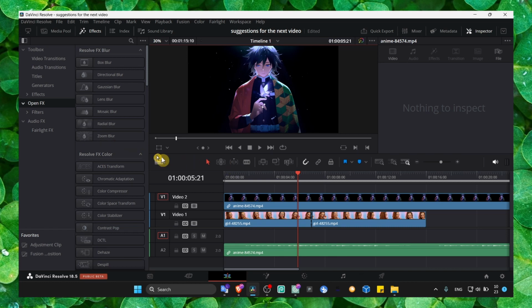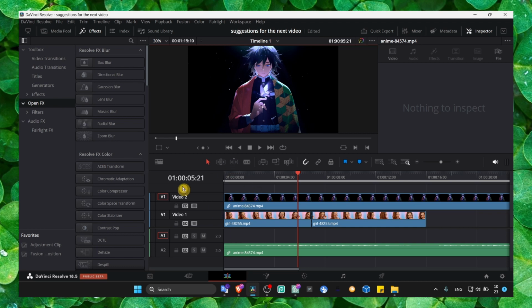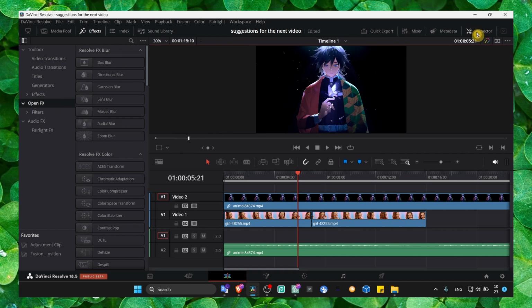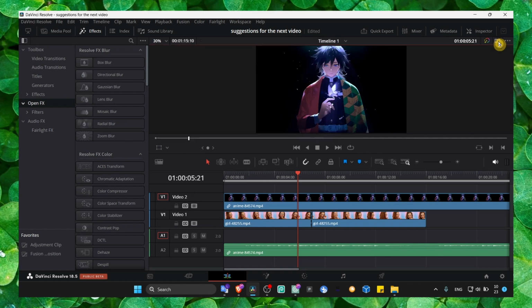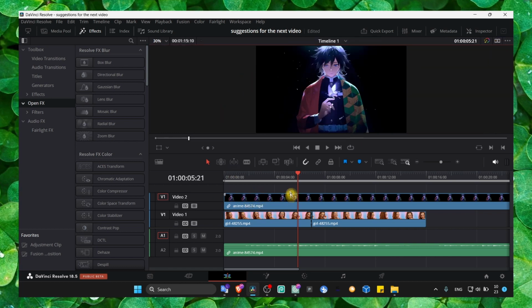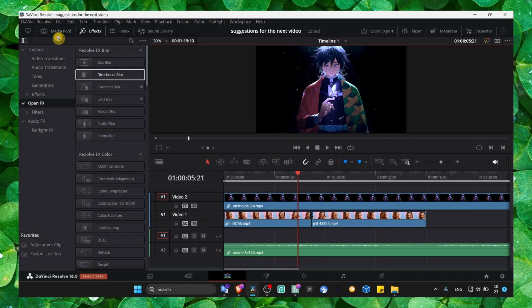But now we also have here in edit page, for instance, the viewer. If you turn off or disable inspector, here you can see one. If you only want to see one viewer, just click on this button. And we also have the timeline here, at the bottom of the interface. It displays your sequence. You can drag and drop clips